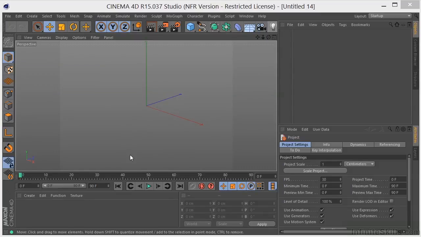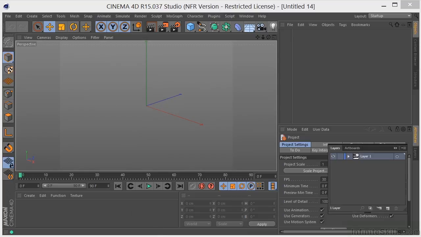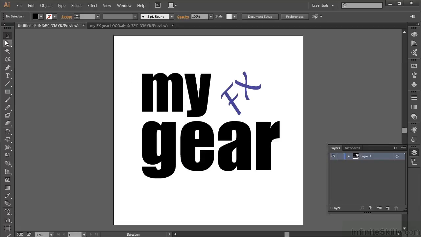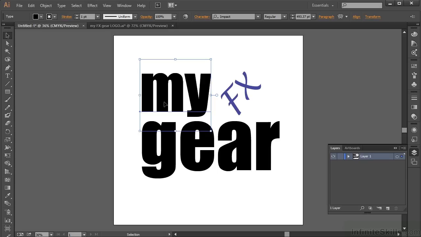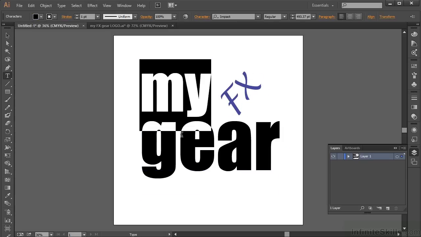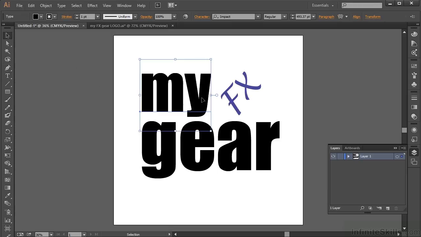Okay, so let's take a look at using Adobe Illustrator with Cinema 4D. So I'm going to open up an Illustrator file here, and you'll notice that right off the bat, this is live text, meaning if I double click these, we can go in here and we can change these any way we want. So first thing that you need to do if you're going to bring this logo into Cinema 4D